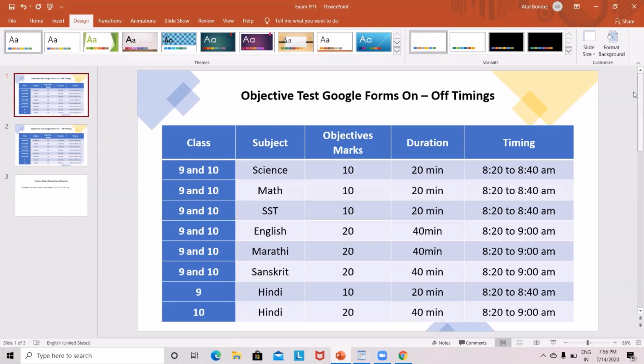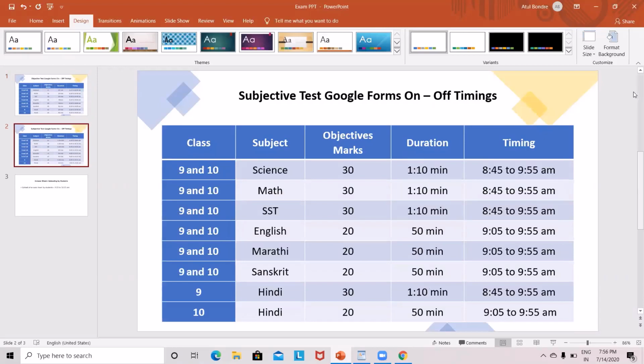These are the timings for objective test Google form on and off. You can note it down or take a snapshot of this screen.